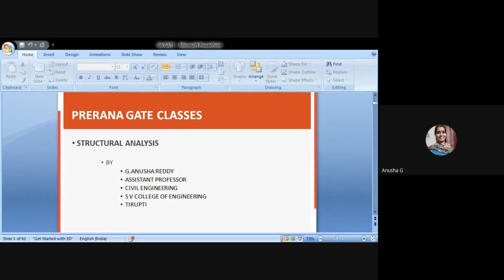Here for these Prerana GATE classes, we will observe that there are a number of points that have to be observed. In structural analysis 1, what we learned was strain energy, Castigliano's theorem, and some more equations, such as determinate structures, whether a building is determinate or indeterminate, or a frame is determinate or indeterminate. All that we learned there. Now we'll see in arches what the different conditions are that have to be applied, and how each and every condition will be solved.